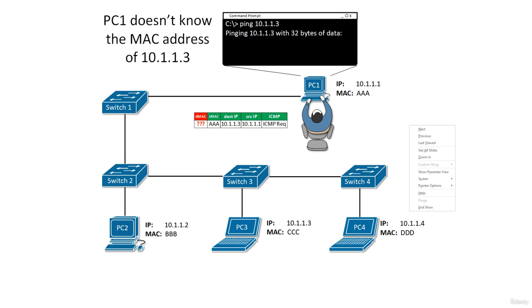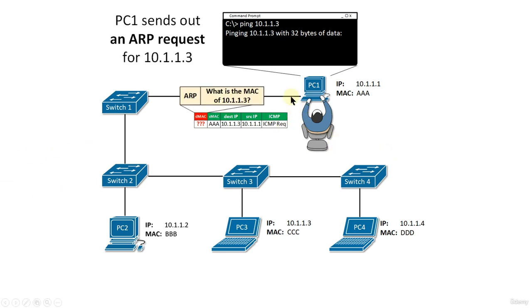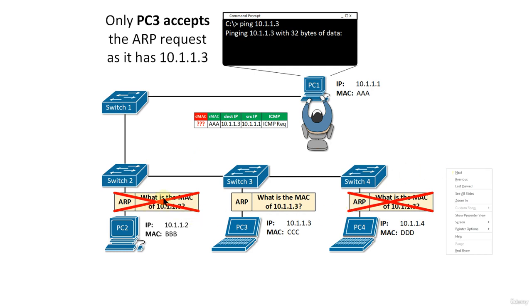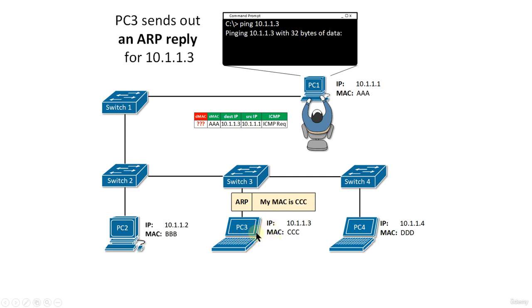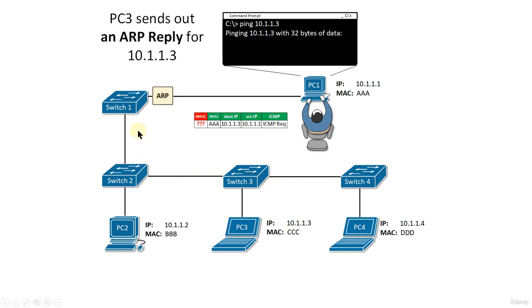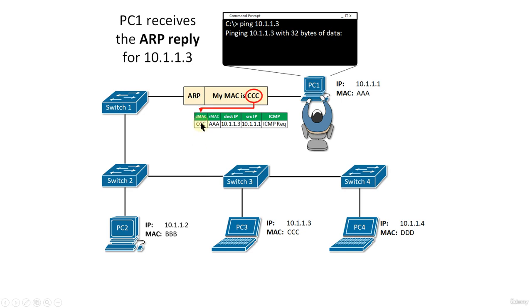And you know that an unknown destination MAC address means it is going to broadcast this ARP packet everywhere. What is the MAC address of 10.1.1.3? To know, it is going to send the packet everywhere. So only PC3 is going to reply back, because it has the IP address 10.1.1.3. The others, which are 10.1.1.2 and PC4, are going to discard it. So PC3 replies back saying this is my MAC address. As you can see, it went back,